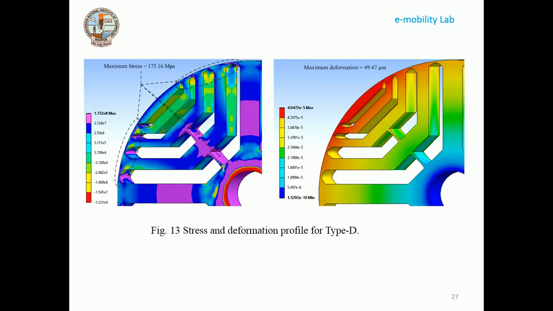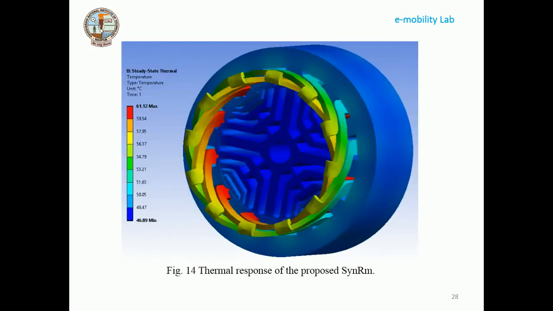Now after this, we have already performed the thermal analysis of the proposed design. You can see the temperature is around 61 degrees. Mostly the winding is heated, because the rotor doesn't have any winding, so it is a very cool part, and the stator is also a very cool part. We have taken an ambient temperature of 22 degrees centigrade here. If the ambient temperature increases, there will be some variation in the thermal effect.